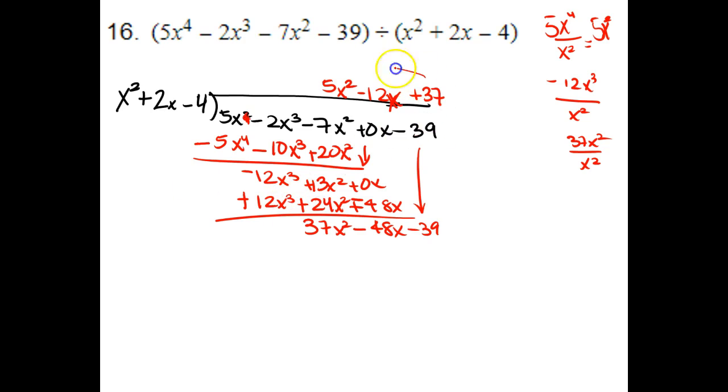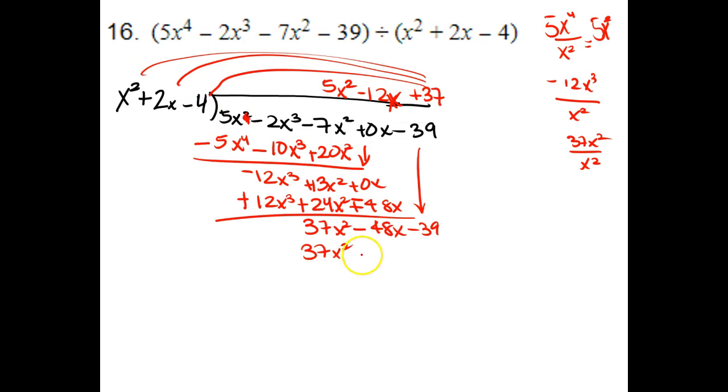Multiplying, I'm going to distribute again, just like I've been doing. I'm just going to use the arrows now just to show. Every single one of these terms needs to get hit. I didn't do it earlier just because it's going to be a bigger mess than my handwriting on here. So 37 times x squared, 37x squared. 37 times 2x,